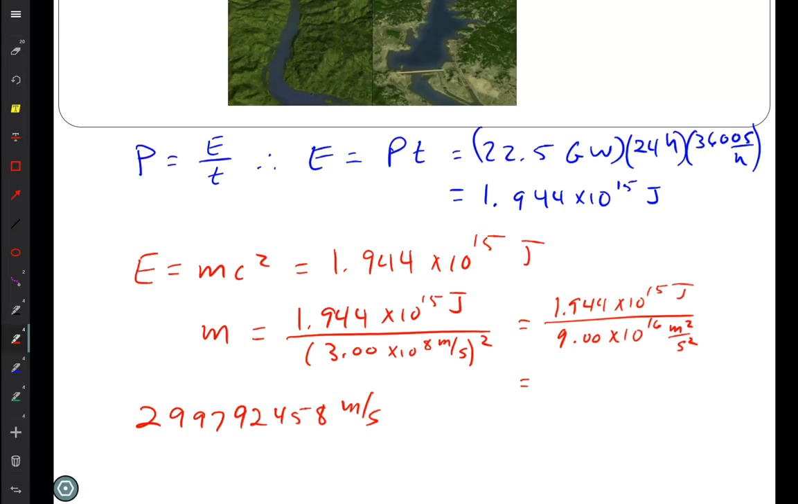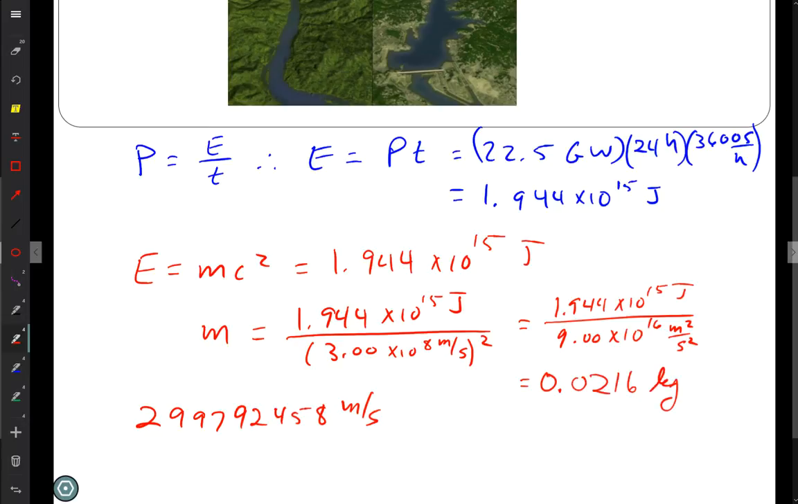Is that in grams? It's in kilograms. I am trying to figure out how to use this calculator. Well, let's just do it the long way. If I did it right on this silly calculator, it's 0.0216 kilograms, or a mass equal to